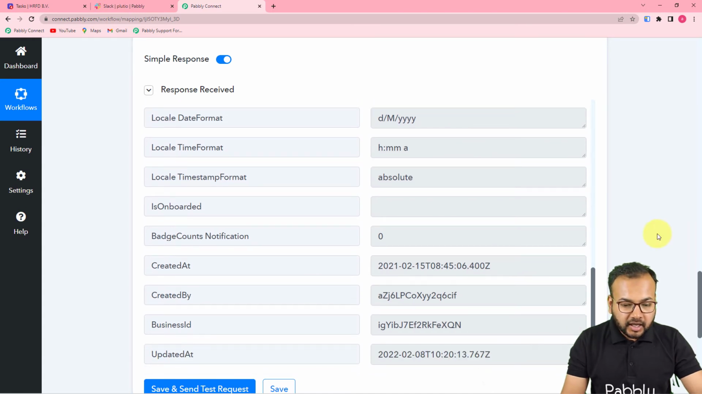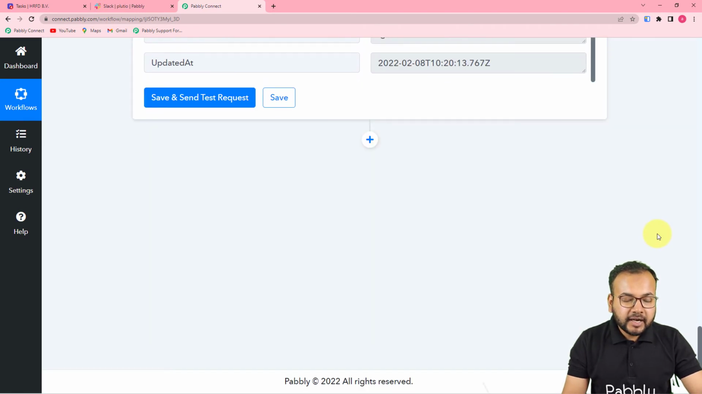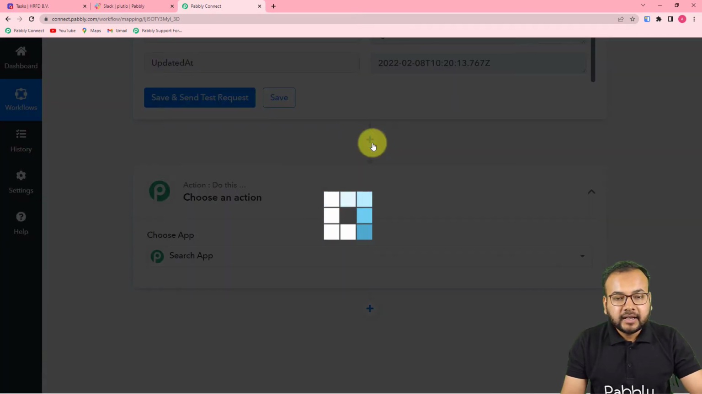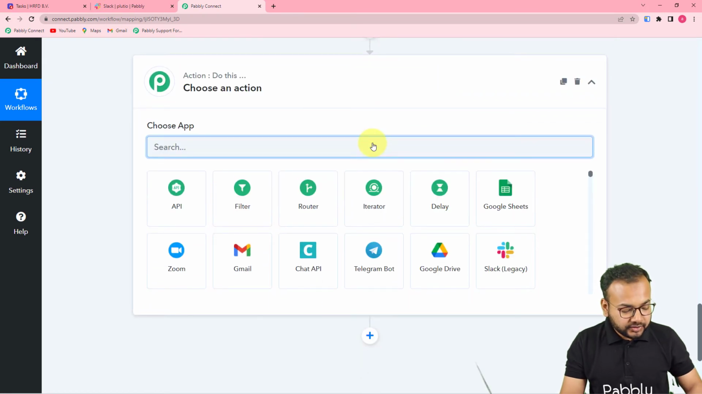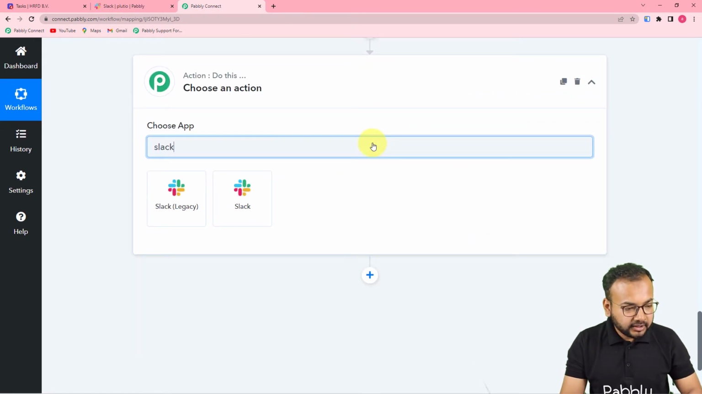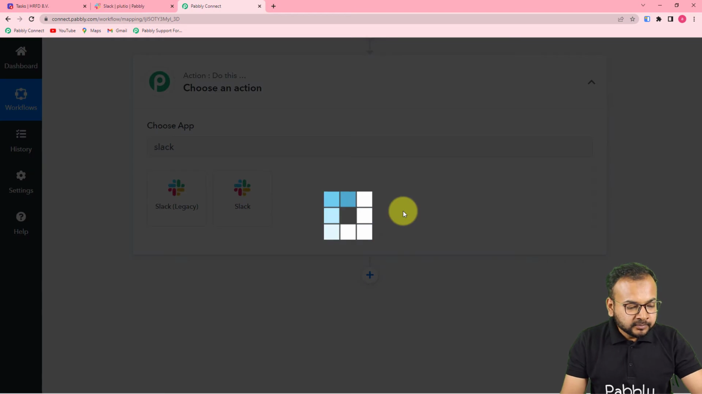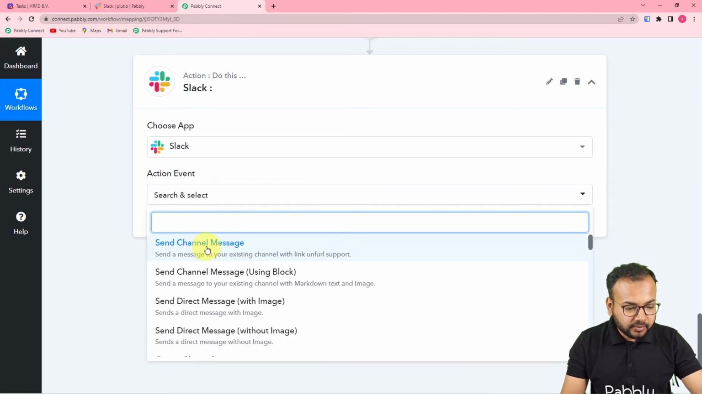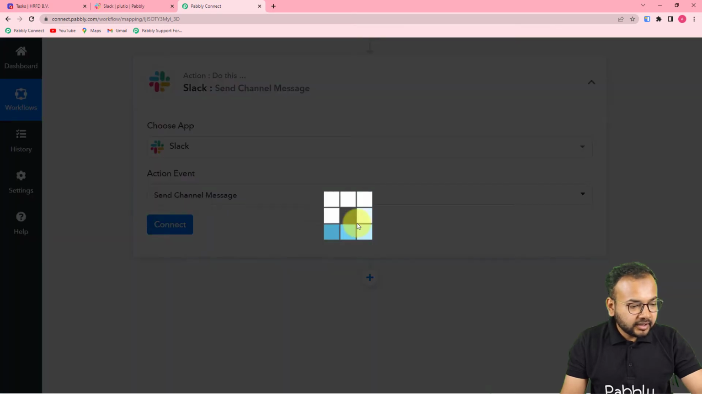Okay, now I want to send a message to my team present on Slack channel that we have got a new task and we have assigned this task to this person. For that to happen, you have to connect Slack here in this workflow. So just click here on this plus icon, and from another action step, search for Slack. Okay, this one, and in the action event you have to select send channel message option, then click on connect,